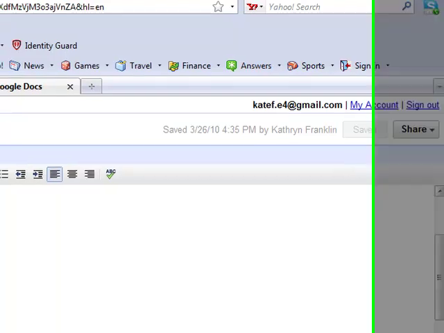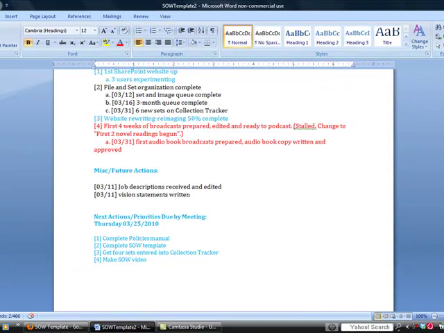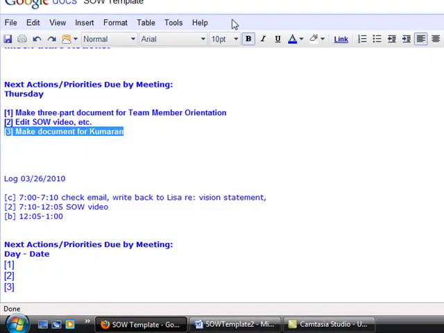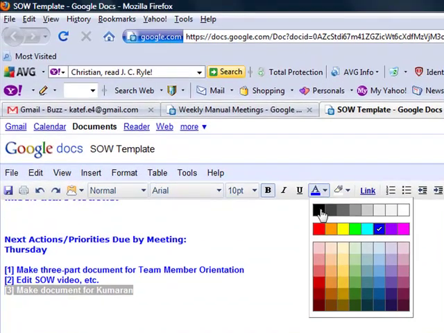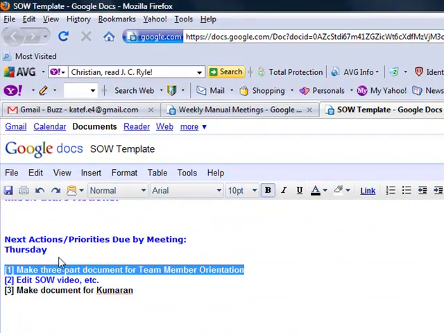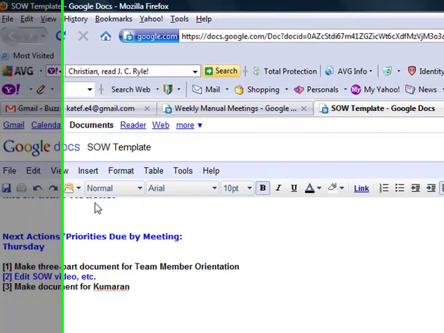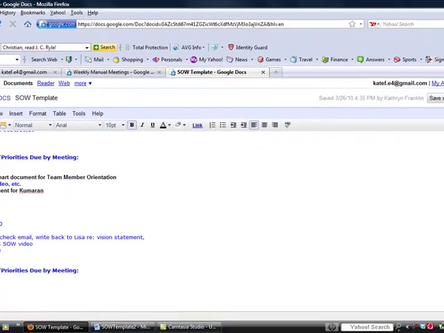And as you finish something, it will be gradually changed to black. So let's say that as I go through these priorities, I finish them. As I finish them, I change them to black. That means that I'm totally done, no questions, no problems, they're just done. Completion. Black is the color of completion. Blue is the color of currency, so it's there. It's waiting to be dealt with, or it is currently being dealt with.